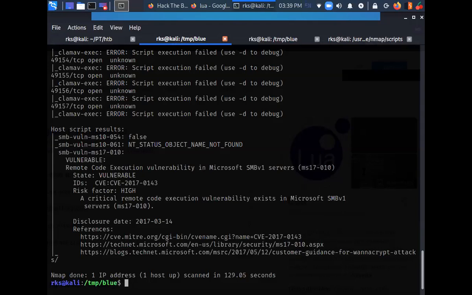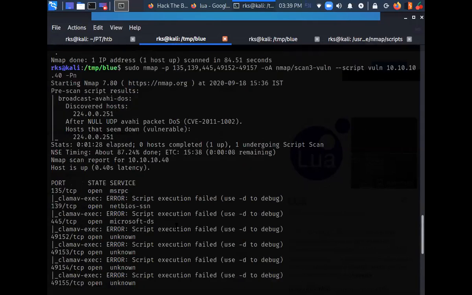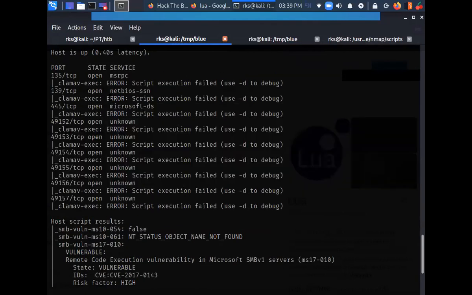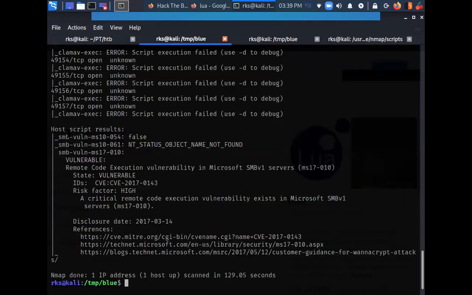Okay, so the scan is finished now, and let's go through the output. Running some scans here, nothing here. Host script results. The key thing to observe here is this one. This is the vulnerability name.